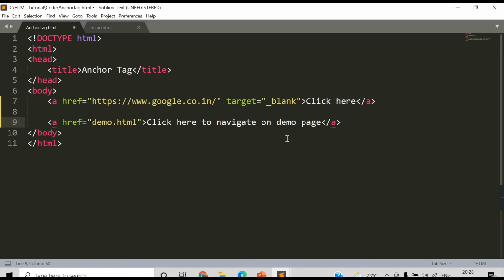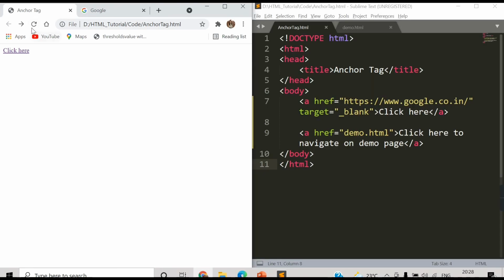I will save this and refresh the browser. See, both the href contents are displayed on the same line. So we can say that the anchor tag is also an inline element, because it does not start from the next line. If I click here to navigate to the demo page, the demo content is displayed here.